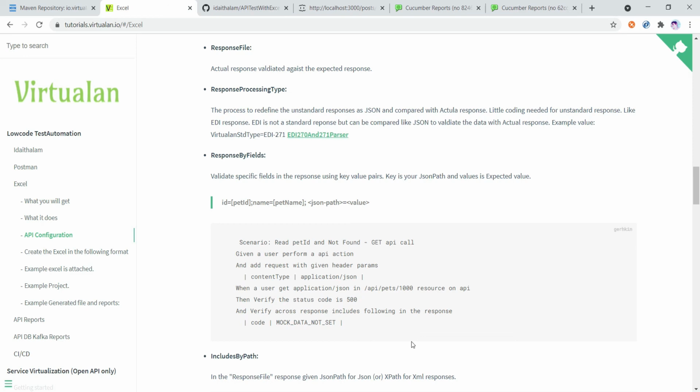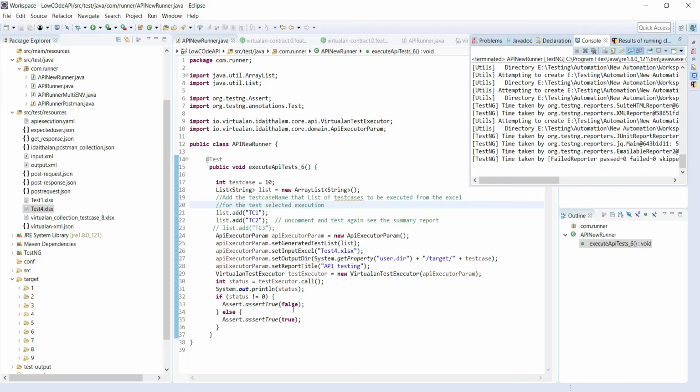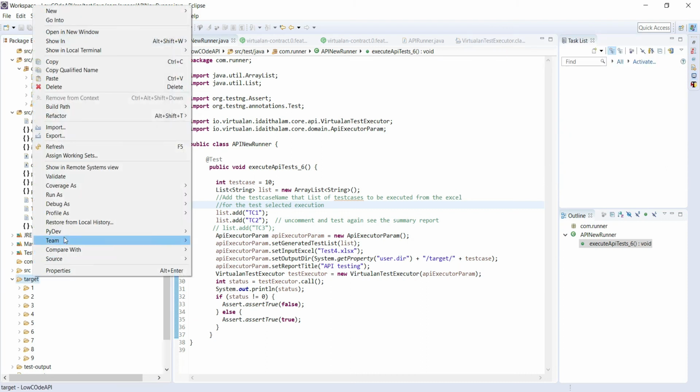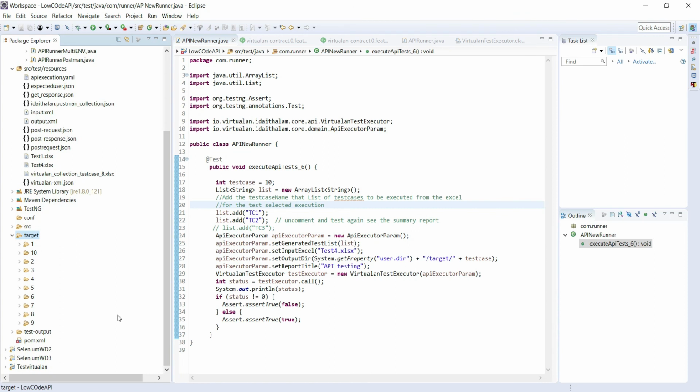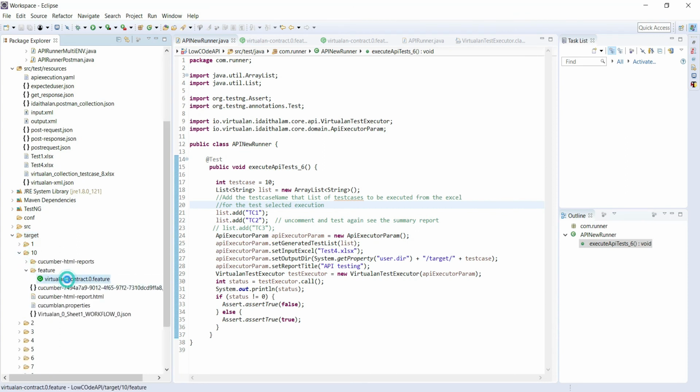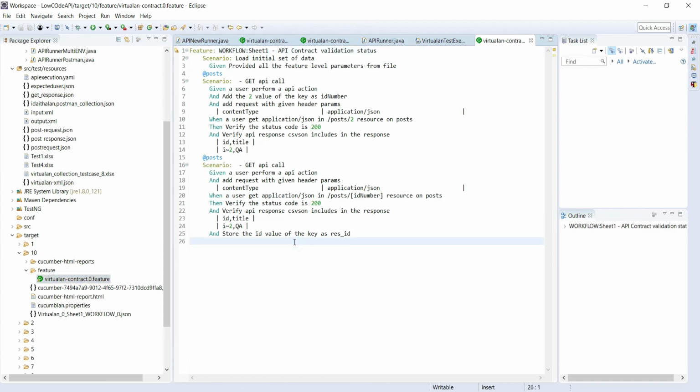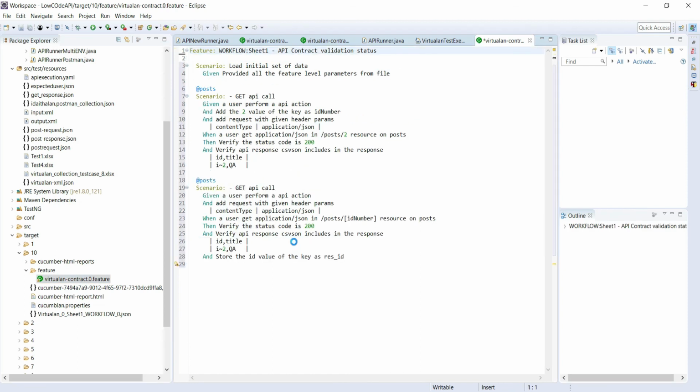My test has been executed successfully. Let me refresh this. This is my 10 folder name, and first I will open my feature file.